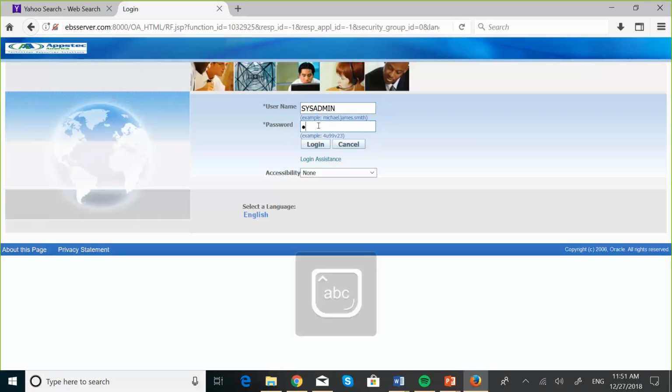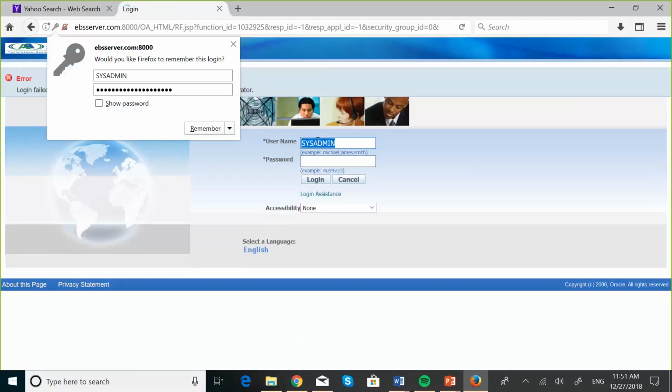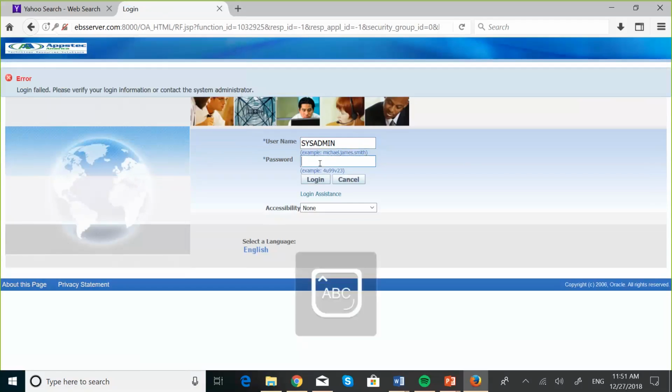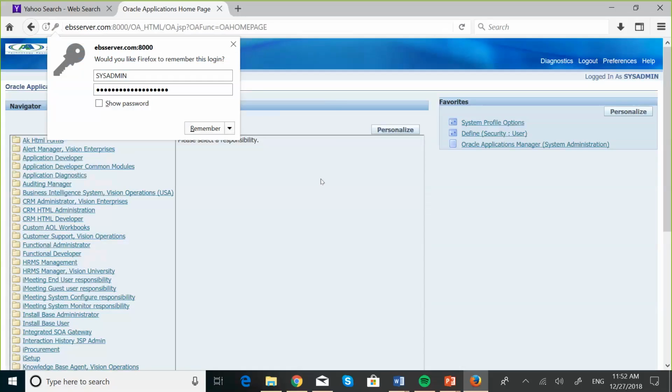I think I entered the password wrong. Okay,